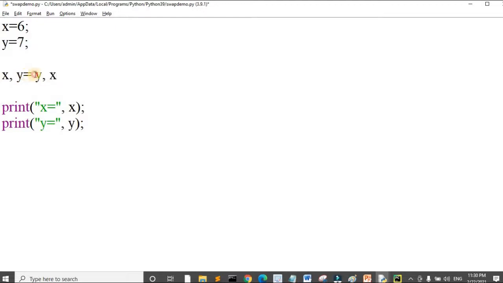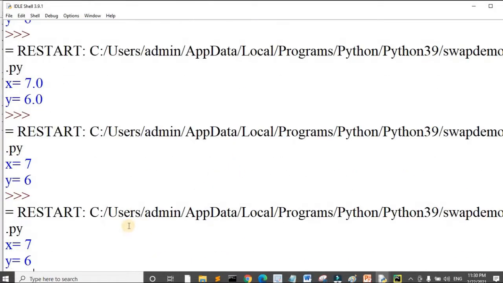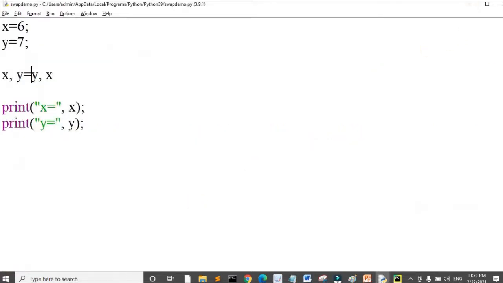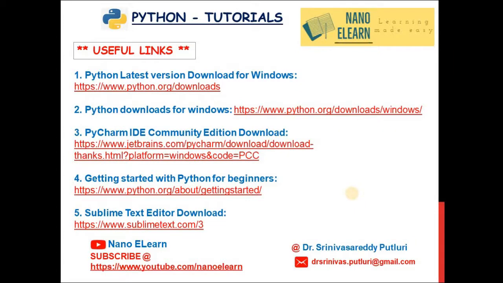Let us see how this works. Let's run this code. You see that the x got the value as 7 and y got the value as 6. So this is how you can perform swap operation in all these possible cases, with and without using the temporary